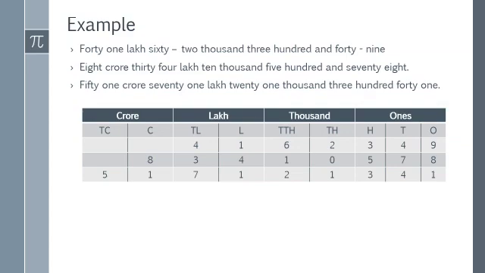41 lakh. Write the number in the lakh period from left to right, that is, from the highest period to the smallest one. 41 in the lakh period, 62,000 in the thousand period, 349 in the ones period. Next, 8 crore in the crore period, 34 lakh in lakh, 10 in thousand, 578 in ones. Next example,